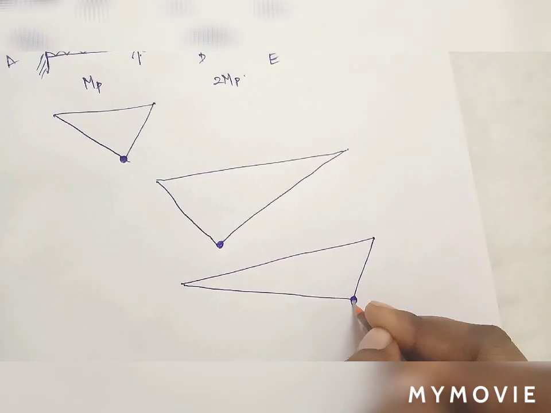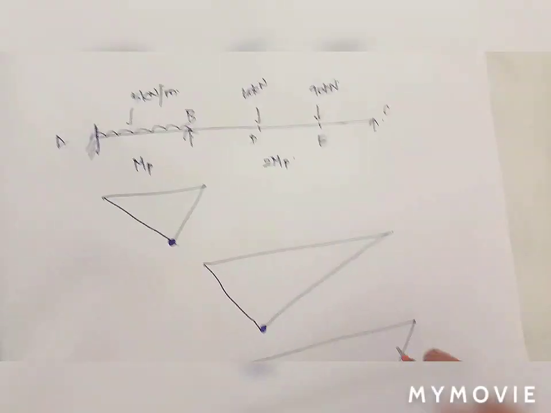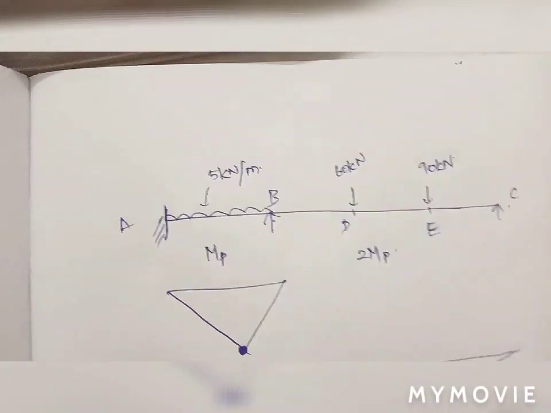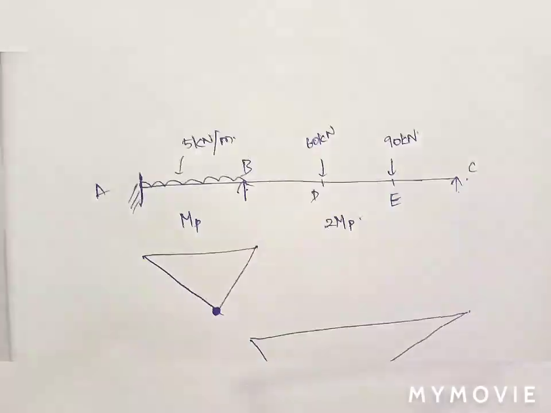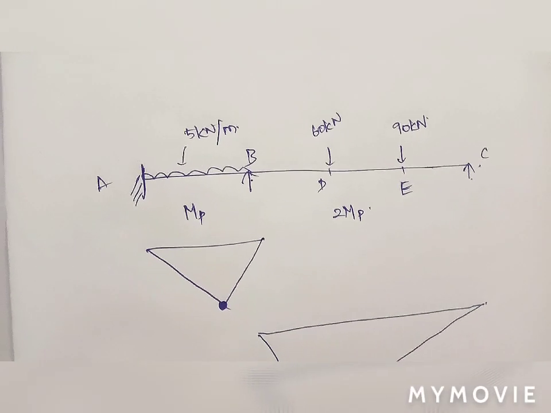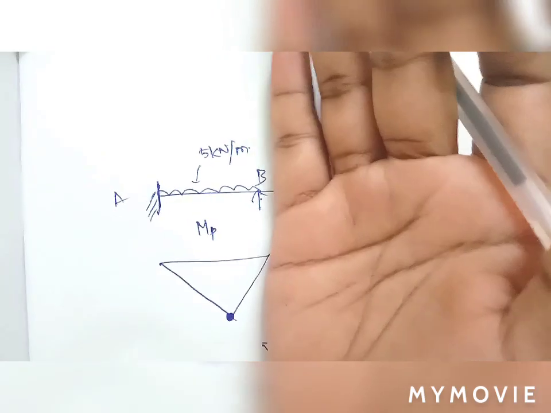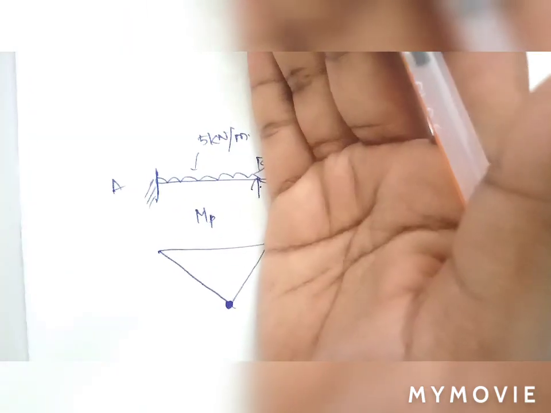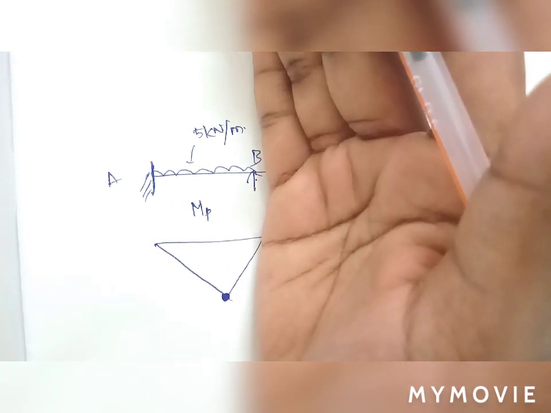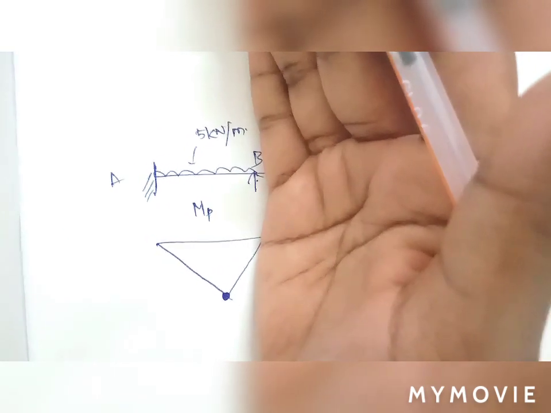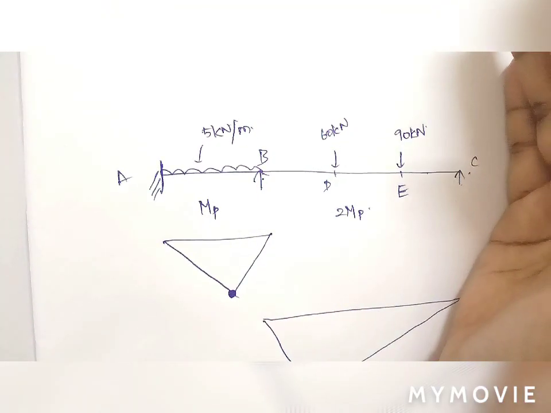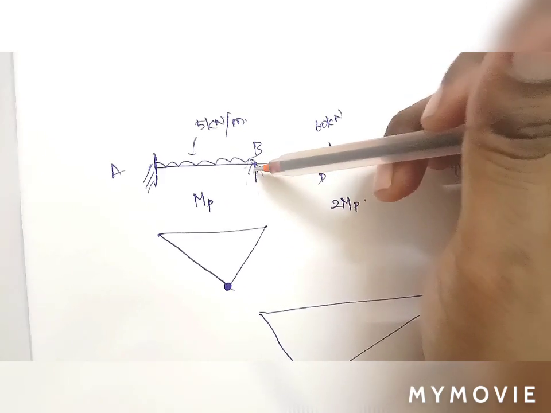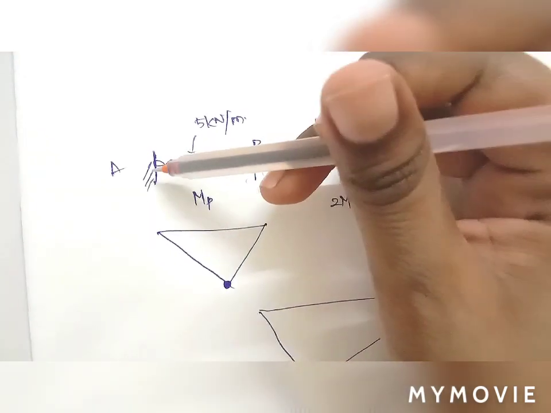Usually while locating a plastic hinge, the point load is very easy to locate, but in case of UDL we have to first identify whether it is a symmetrical section or an unsymmetrical section. Suppose this is the section given in the question, where one end is a fixed end and the other end is simply supported. This is an unsymmetrical section. But in case of continuous beams, the in-between supports act as rigid supports. Hence, this is also a rigid support and this is also a rigid support.